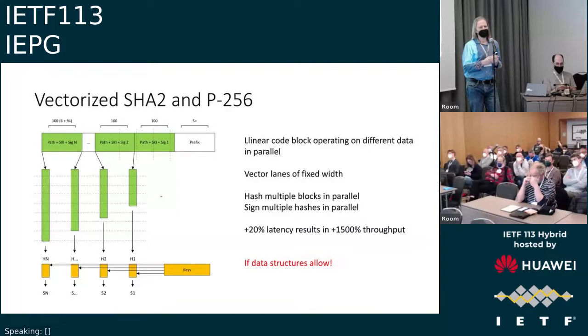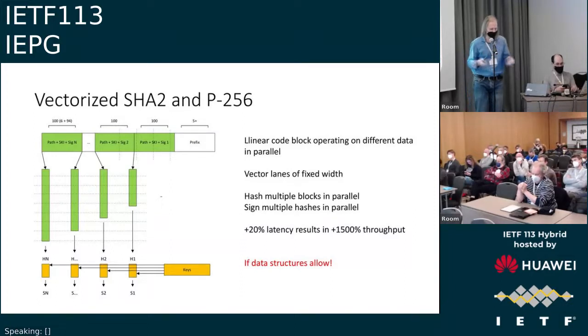Some implementations don't support a rotation, which is needed for SHA-2. Therefore, you need to implement that yourself by multiple shifts here and there, and then combining the result. Overall, it's around an additional 20% of latency, but this gives you roughly 15 times the overall throughput performance. Therefore, if your implementation allows, you can easily talk about the order of magnitude speed up for signature generation and